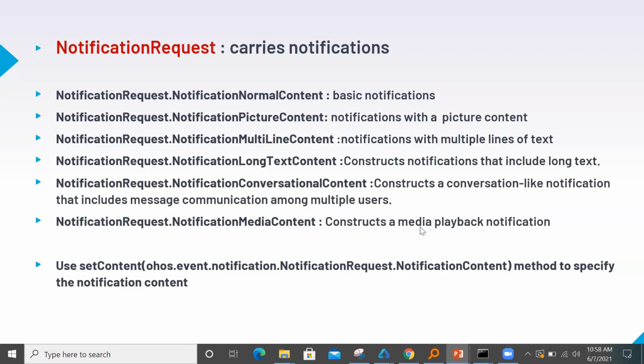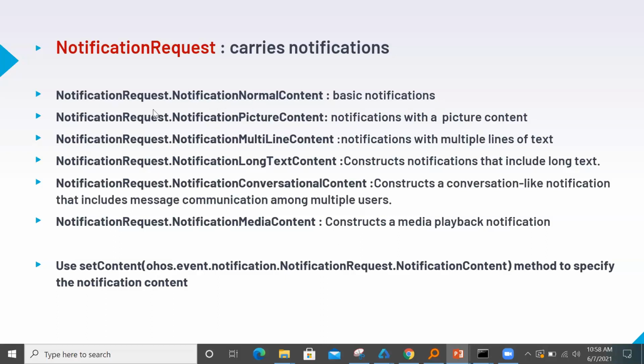Notification media content constructs a media playback notification. For now, the creation of notification for all these types is almost similar, so I'll explain how you can do it with normal content, picture, and multi-line.